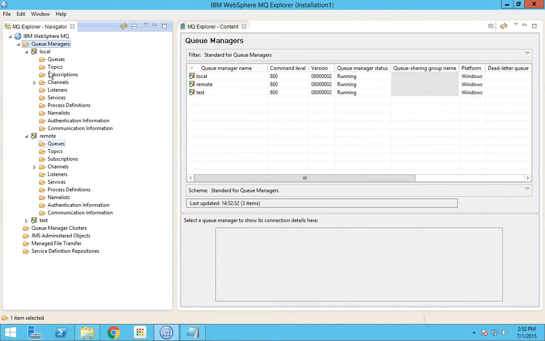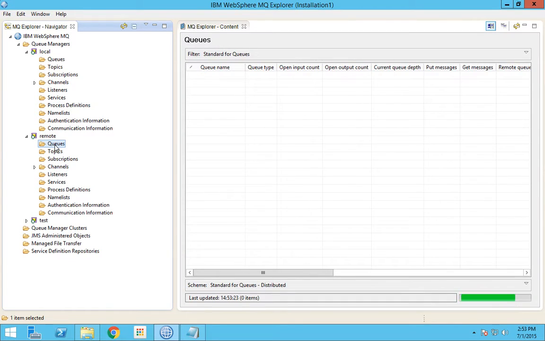Okay, so I don't have a separate server to demonstrate the exact scenario, but what I have done is in the same server I have created two different queue managers by the name local and remote. So we would be transferring a message from the queue manager remote to a queue manager called local. Okay, so first let us create